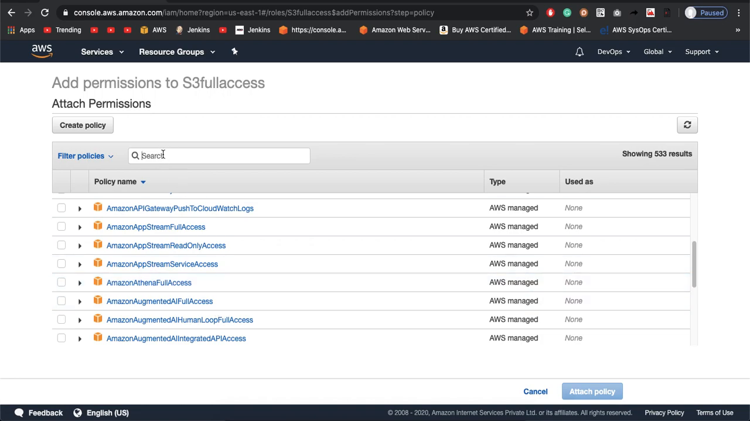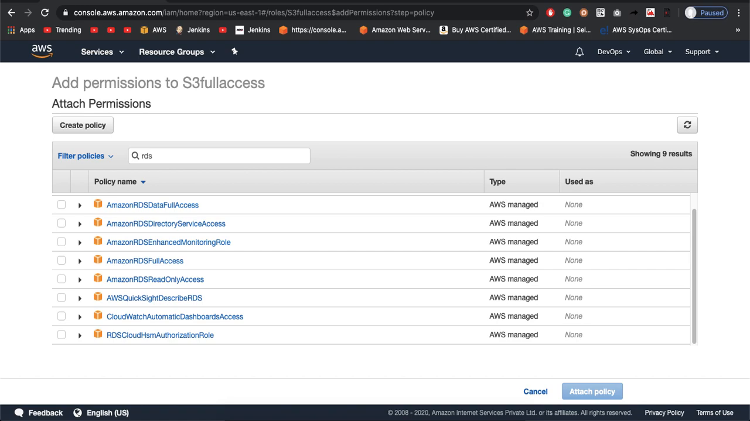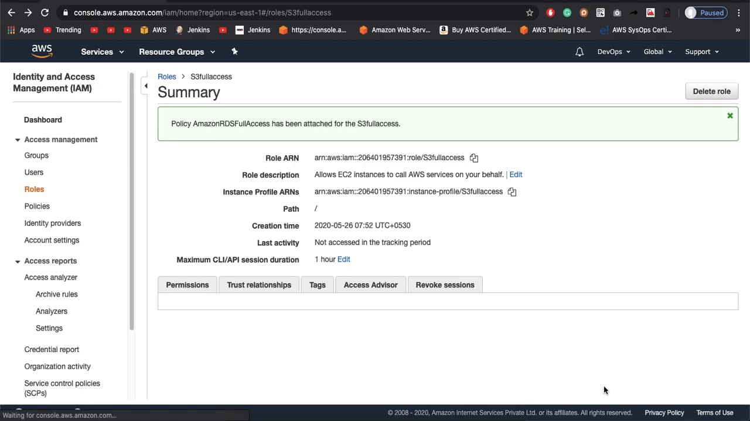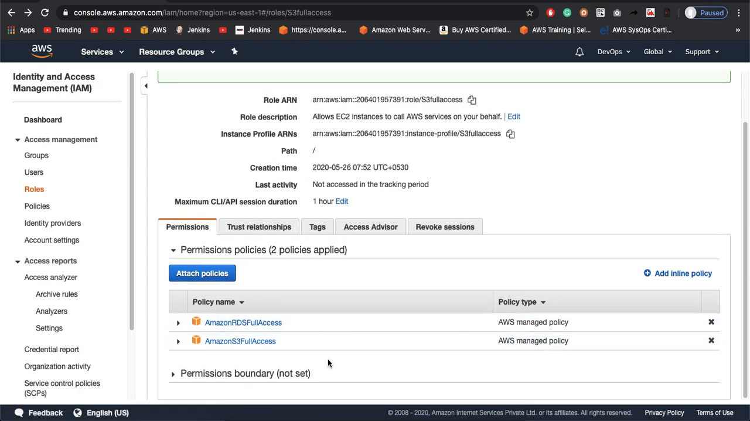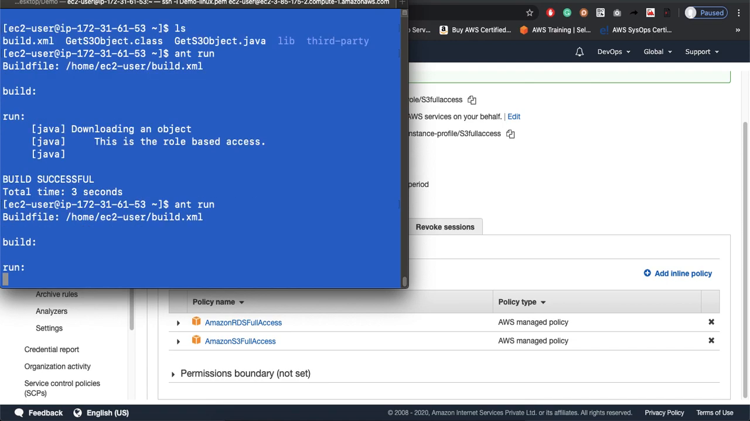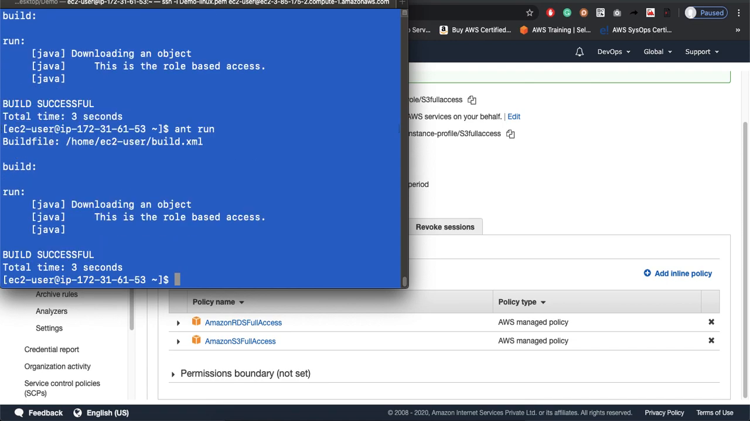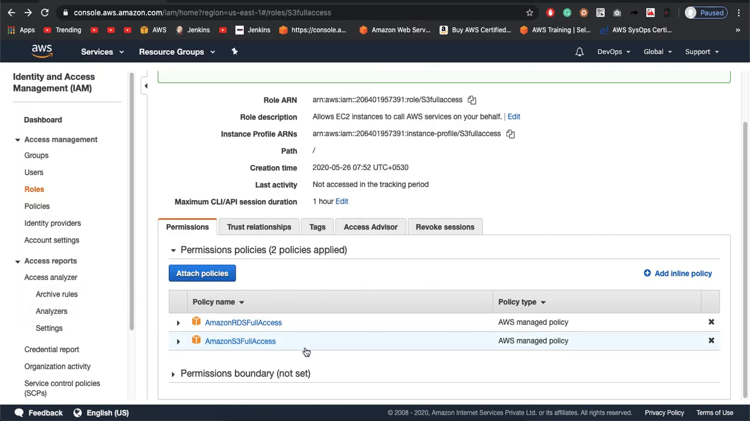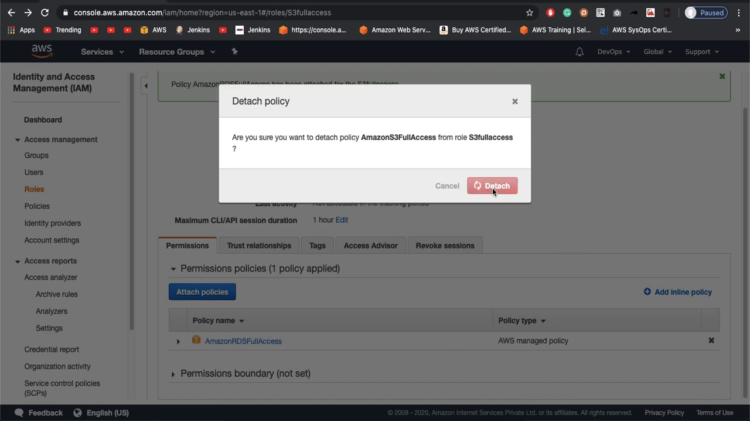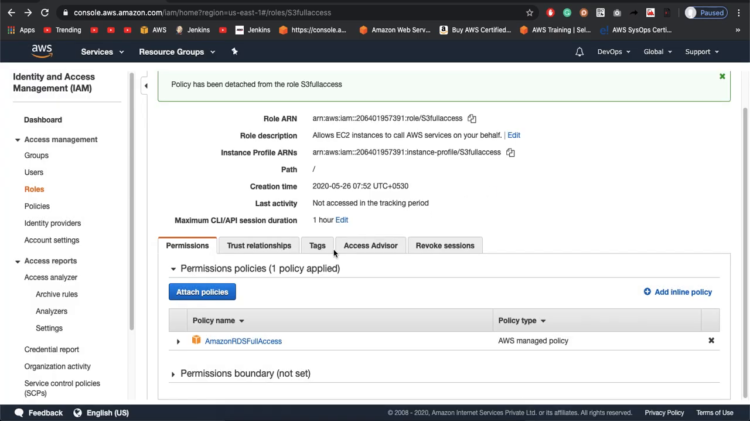I'll give you one more, RDS full access, I'll give it to this, and then update. So now I have given this permission. Now let's go and run that command again. I think it should say permission denied. Oh, one minute. If I delete this S3 policy, then run it again,